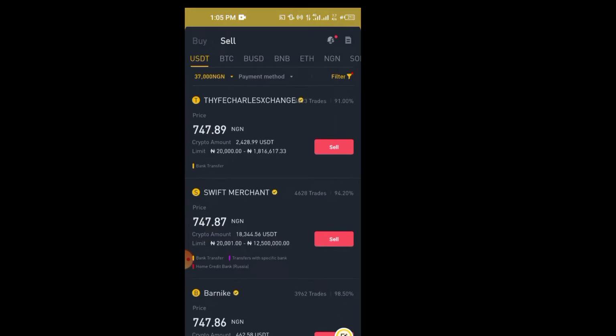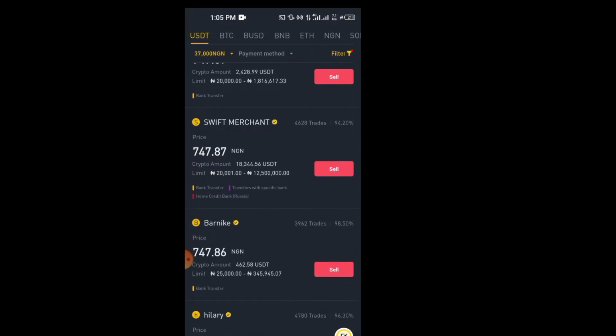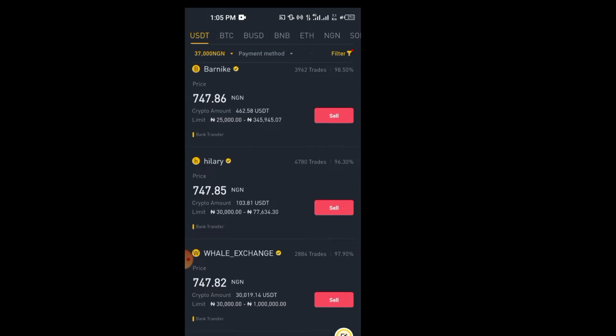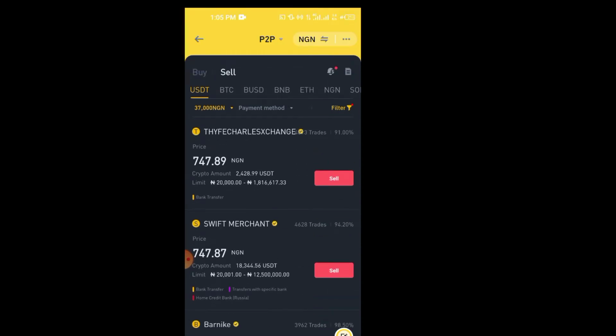37,000. Now you can see the rate here is 147. Now in this case, you are subtracting and not adding. So let's say I'm collecting my rate, the profit I want to take is about 20 naira per dollar transaction. So now I'll be subtracting 20 naira from this 743. So 743 minus 20, that will be like 7.2